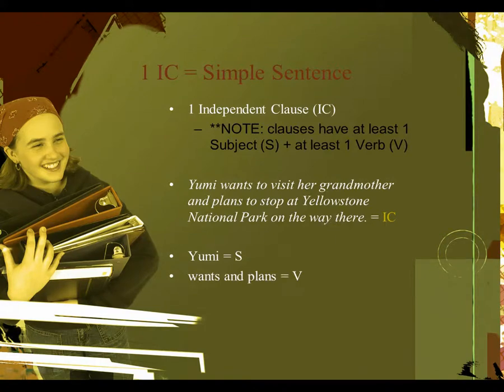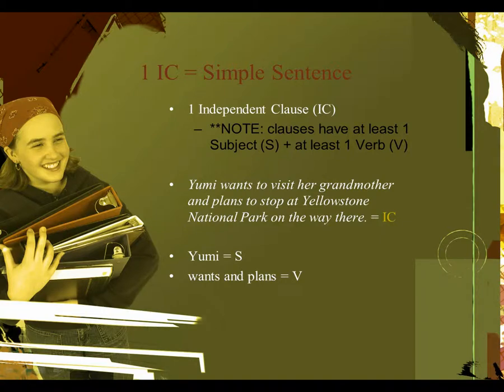Simple sentences are made up of one independent clause and only one independent clause, which I refer to as IC in my formula. Inside a clause, there are at least one subject and at least one verb. I say at least one because there can be 6 subjects that are listed in a clause or 6 verbs. Many students mistake compound verbs with compound sentences because there are usually other phrases between the first verb and the next verb. For example, Yumi wants to visit her grandmother and plans to stop at Yellowstone National Park on the